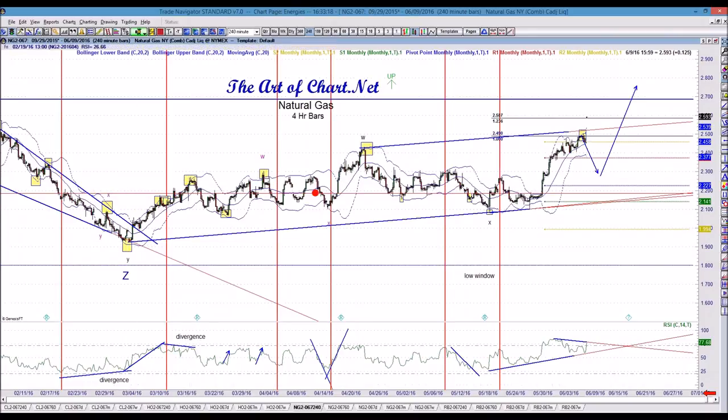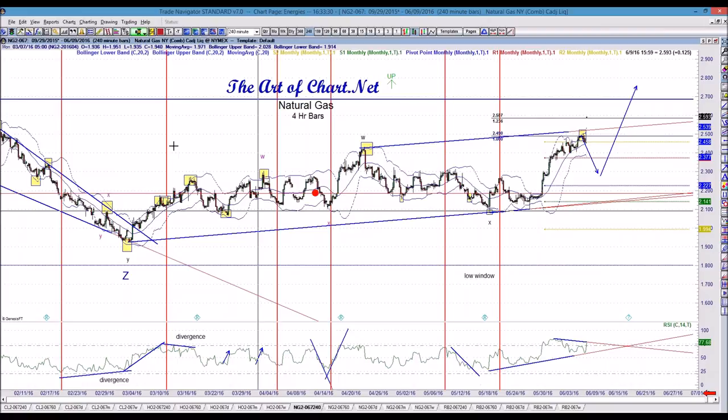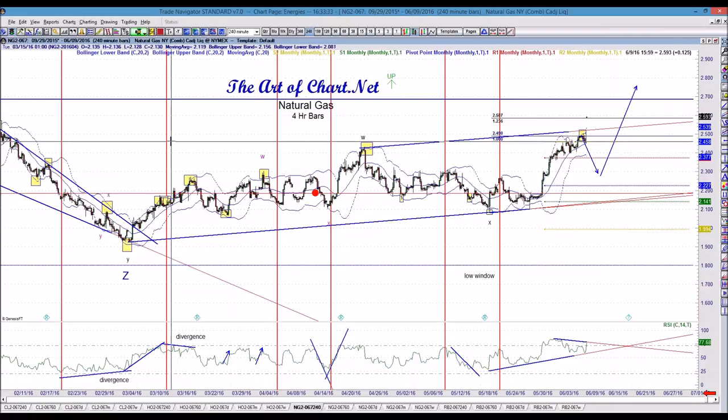You're going to see divergence on a 4 hour. Now I'd have to go to the 1 hour to see what happened here, but you're going to find that a 4 hour chart is more reliable for swing trading. And that is something you learn with experience. And I'm sorry, let me correct myself. That is for natural gas, okay?